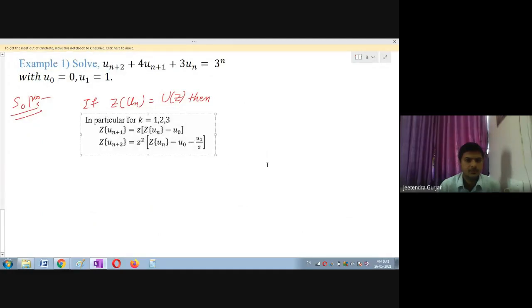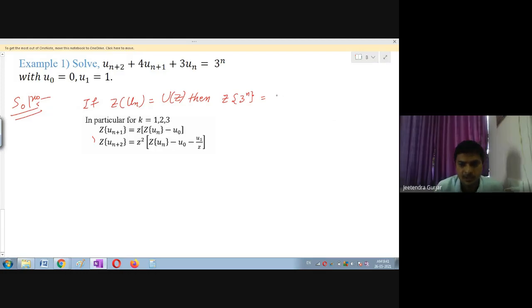So these two formulas are required here, because here u(n+2) is there, u(n+1) is there. So only I will consider these two and I will substitute in this formula. Also, please remember what is Z transform of 3 raised to n, students. So please remember this is a raised to n, as you remember, right? So please tell me what is the formula.